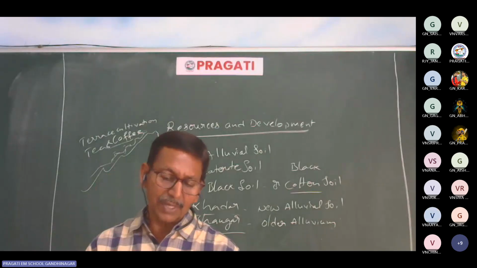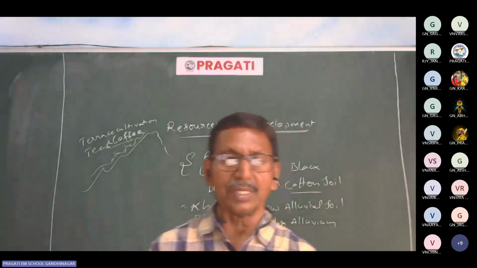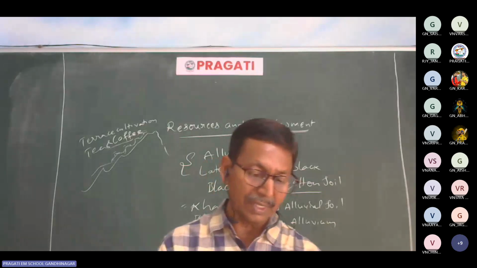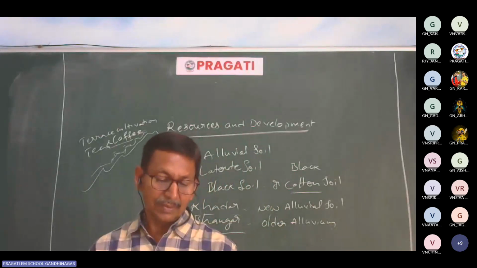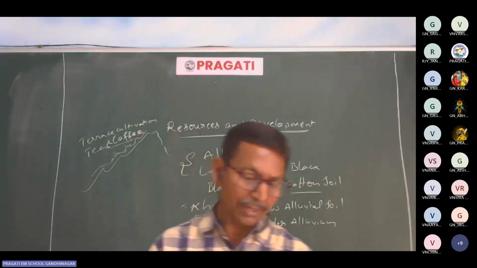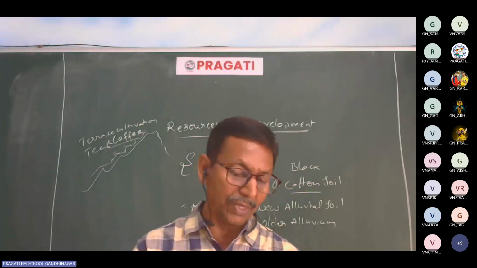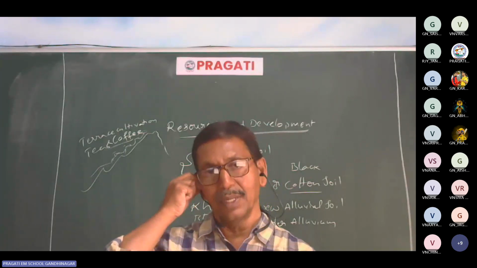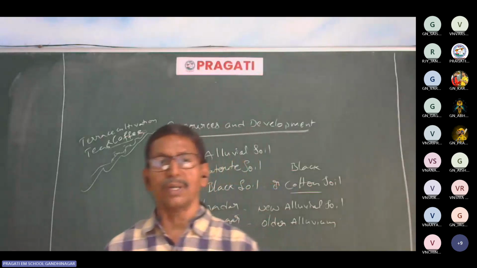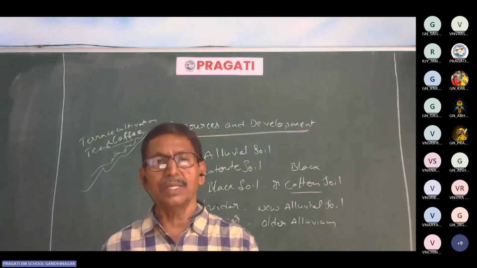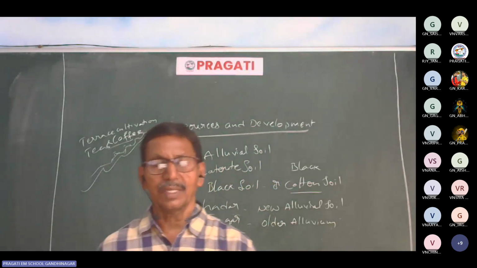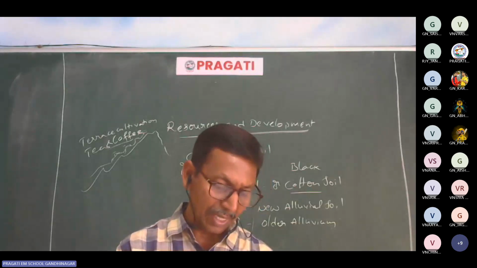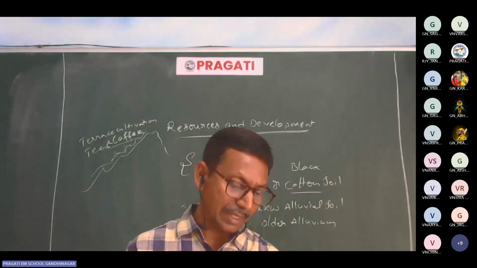Where are the forest and mountain regions? In the Himalayan regions, we can find forest and mountain soils. Red and yellow soils, we can find mostly in Orissa. Name the arid soil region. Rajasthan. Mostly Western Rajasthan falls under sandy desert, the Thar desert. That is why we can find arid soils in the Rajasthan desert area.